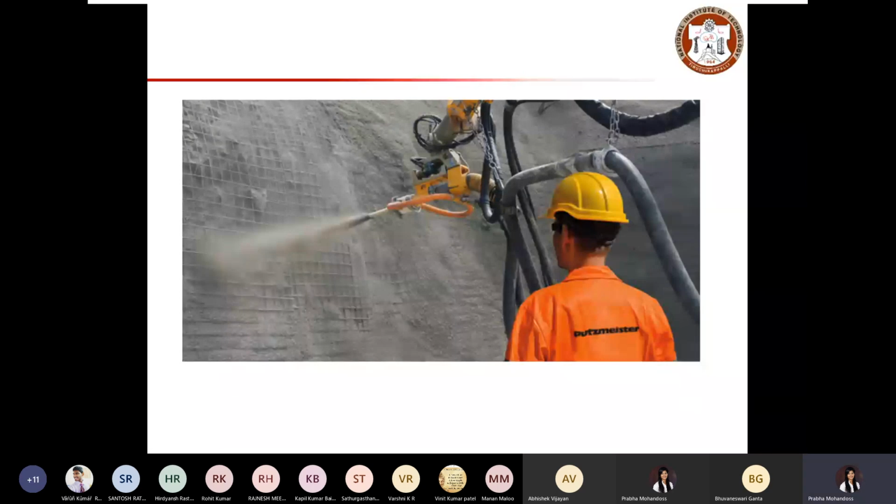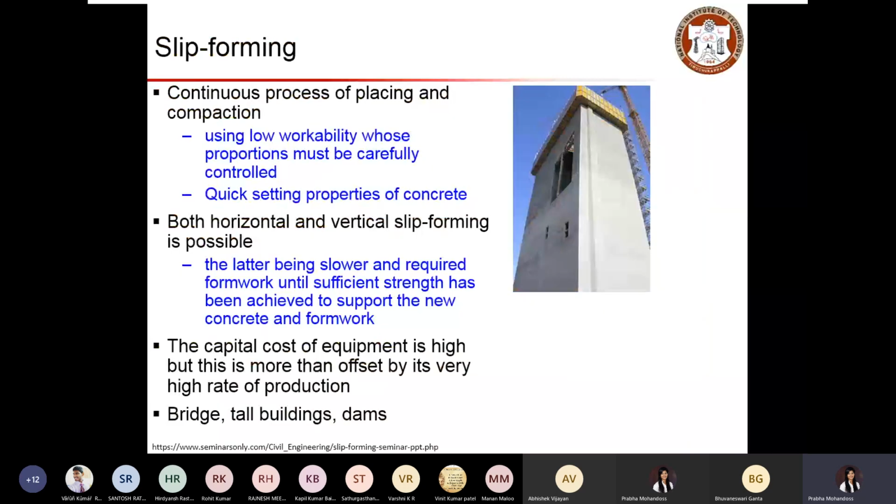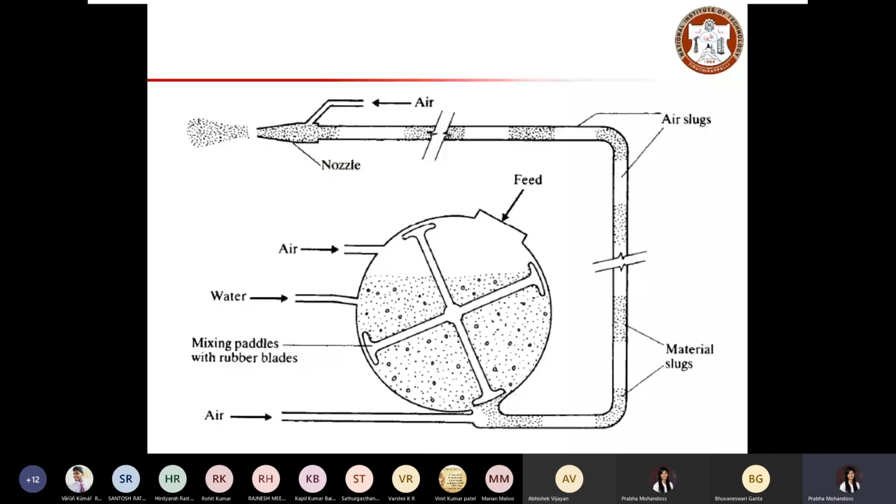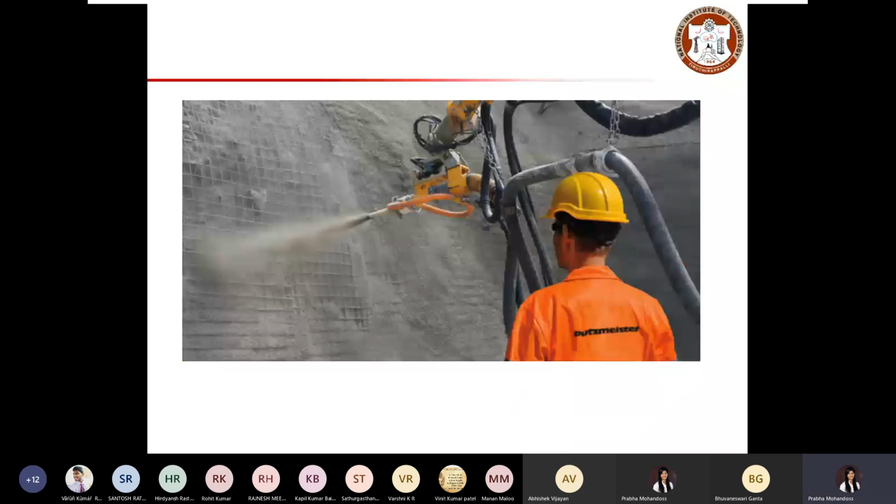So we looked at the different ways to place the concrete. We have discussed normal conventional placing, slip forming and shotcrete, where we spray the concrete or the mortar on the surface on which it has to be placed. Especially it is preferred when the surface area is huge, in both horizontal and vertical directions.